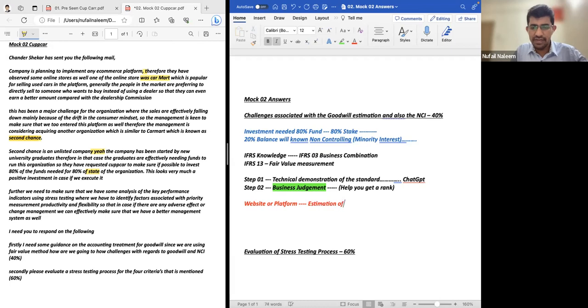Estimation of value is very tough. What do you think, Sridevi? Can you easily estimate the value of a website like estimating the value of a land and a building? I don't think so, right? Because a website is very hard. So estimation of value is not easy. That is one business challenge. The next business challenge is, students, what about